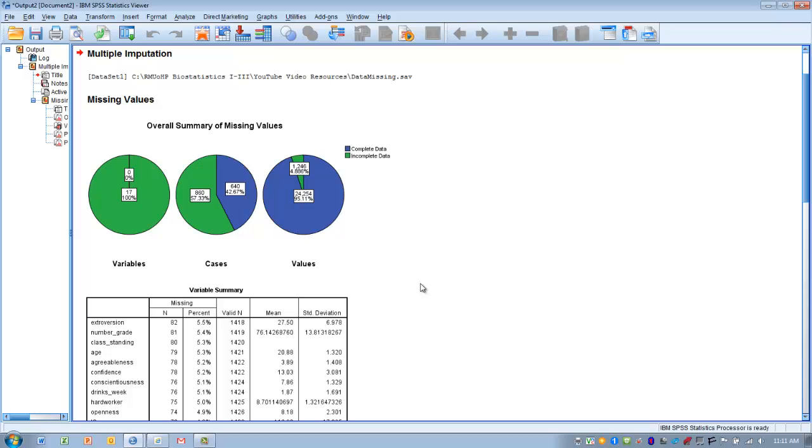Now the pie charts display the number and percentage of missing variables. That's the left-hand pie chart. So it's going to show how many variables have missing data. So in this case, the green represents incomplete data. So all 17 variables have some missing data. The center pie chart is the cases. Okay, so that's how many